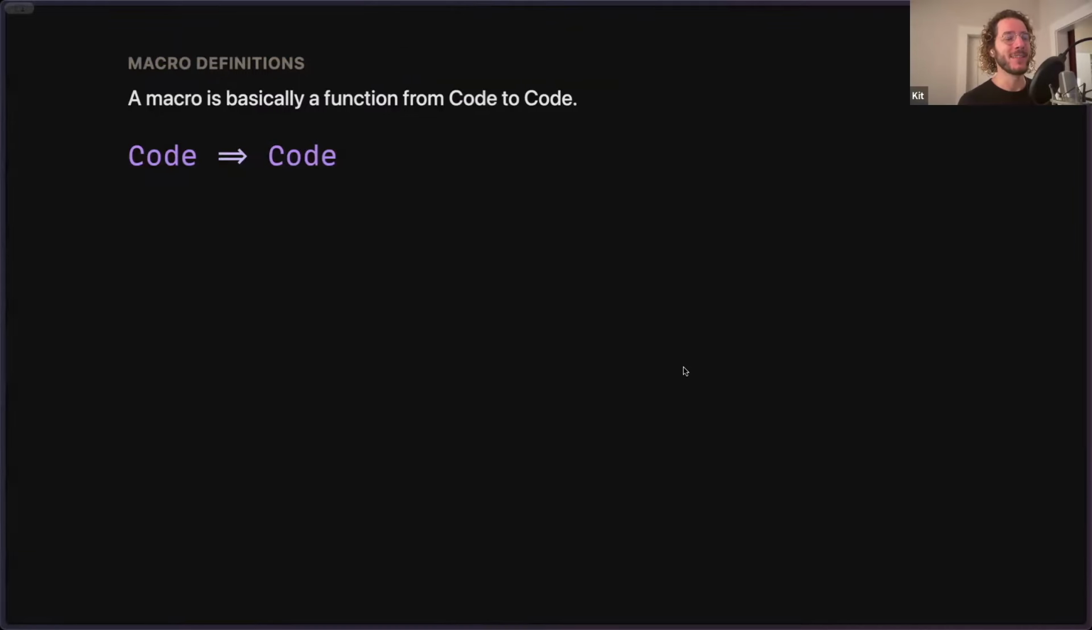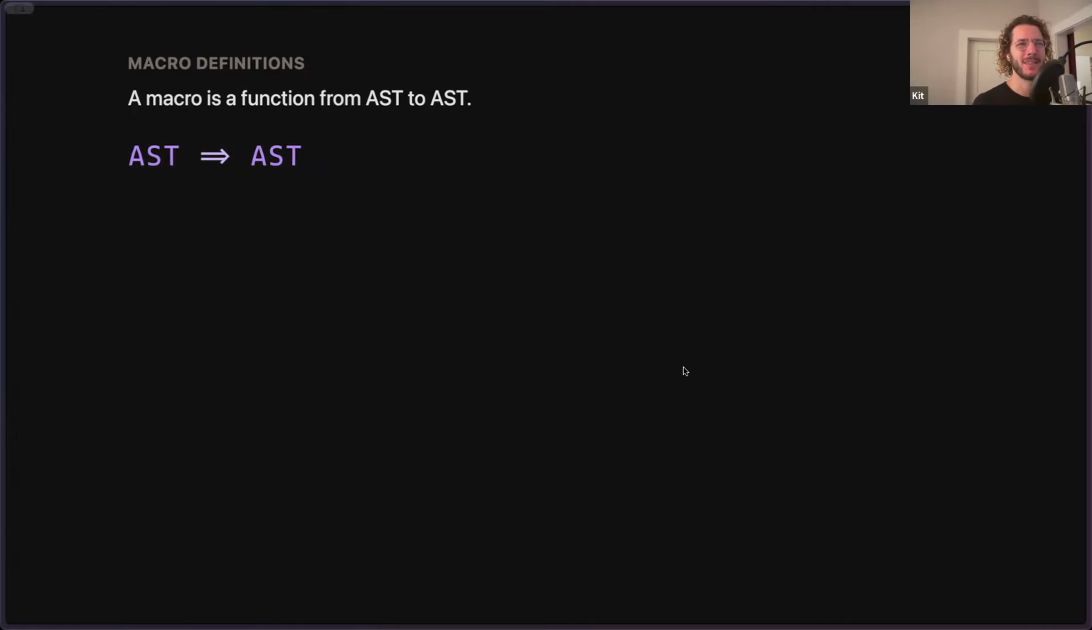And in some languages it is. In Rust it is. In Swift it is. Code string to code string is a good way of thinking about it to start with. But of course, in Scala at least, and probably in Scheme too,